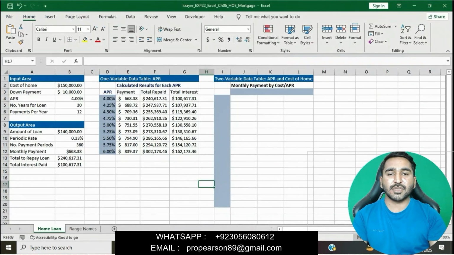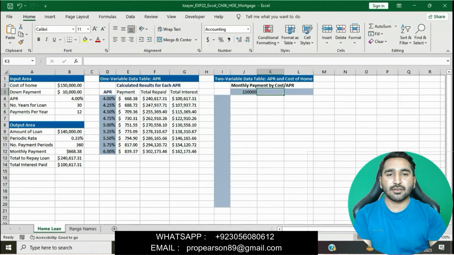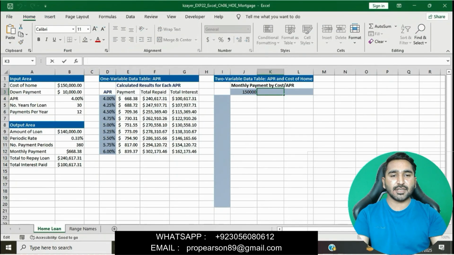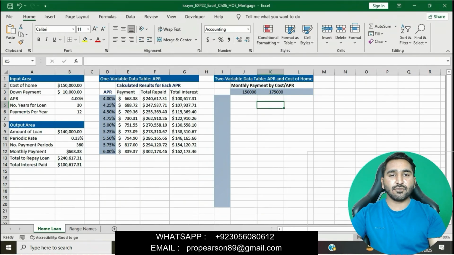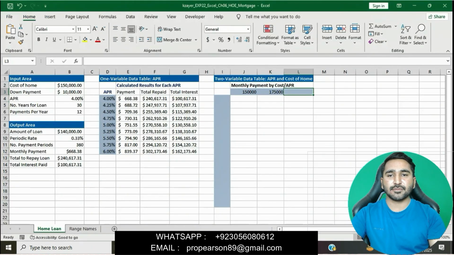We will go to cell J3. Okay, we will type 1,50,000 and then we will type 1,75,000 in cell K3. Then we will type 2 lakh in cell L3. We will copy and then simply paste 2 lakh in cell L3.